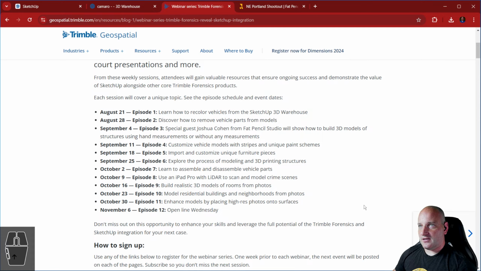Episode 8, we're going to use an iPad Pro with LiDAR. So we're going to take SketchUp's Scan to Design feature on the iPad Pro with LiDAR, and we're going to scan and model a crime scene with it. It's really cool the way that it works. Episode 9, we're going